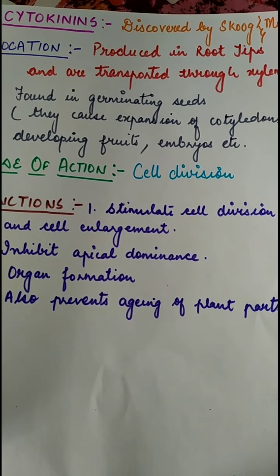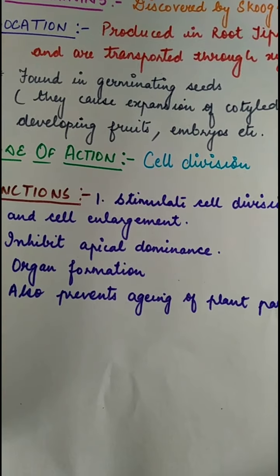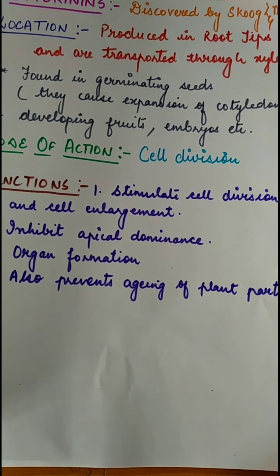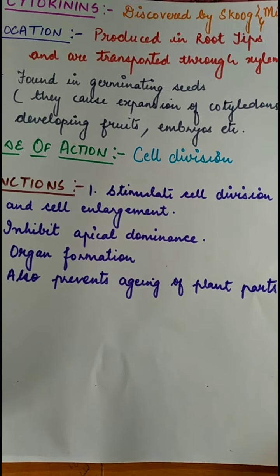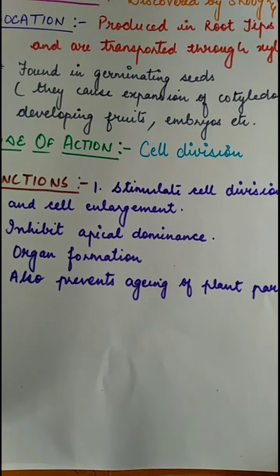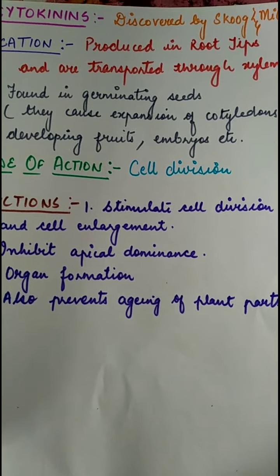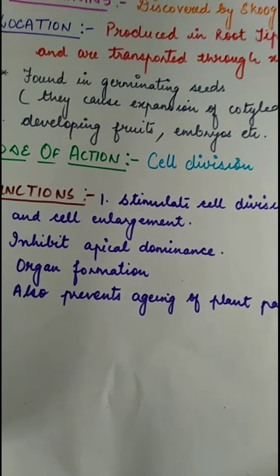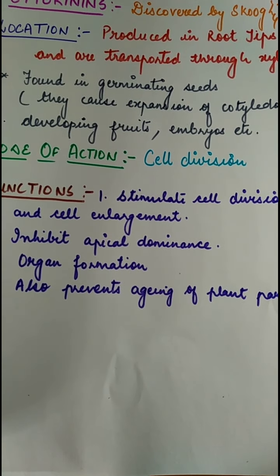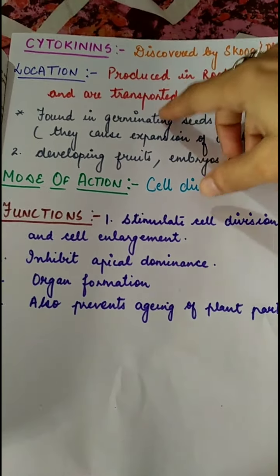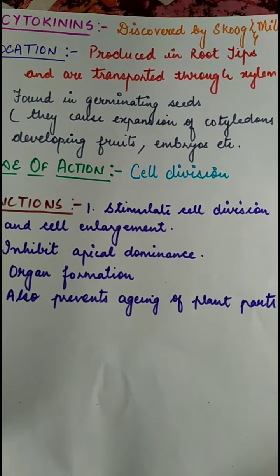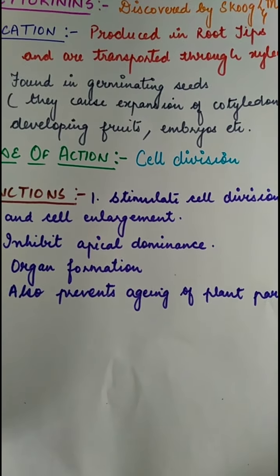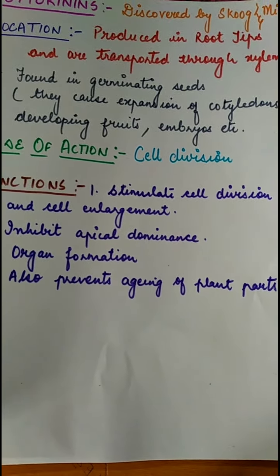They are also found in the developing fruits. Yes, in fruits also. You see a fruit on the tree: in its early age, it is smaller in size, but as it ripens, it grows bigger in size. So that is achieved by the division of the cells that leads to the cell enlargement. That's why a developing fruit has the need of this hormone, cytokinins. Embryos are also in the process of division, so they also need the hormone cytokinins.